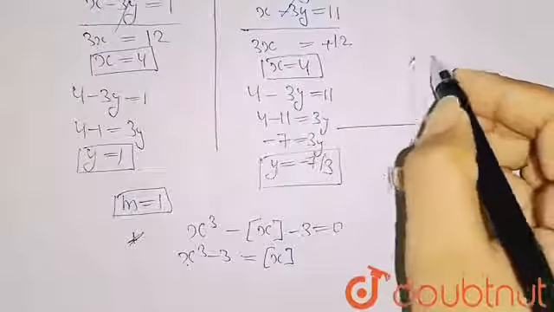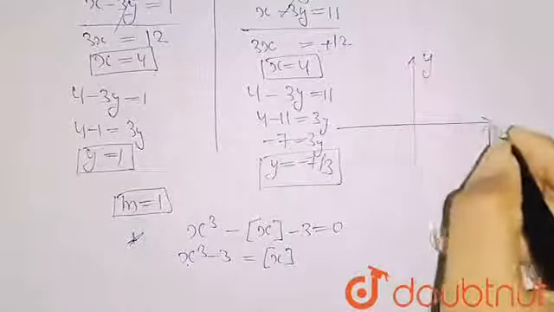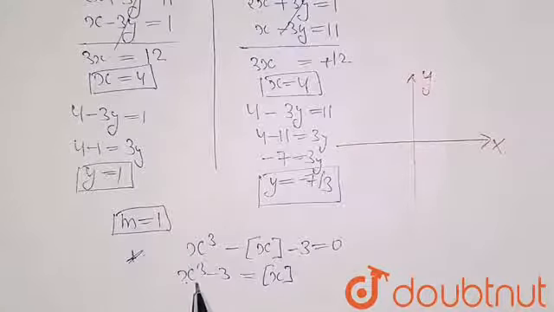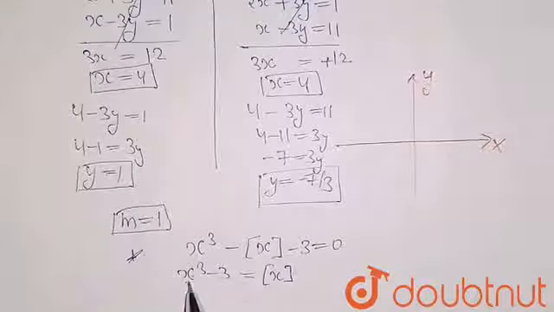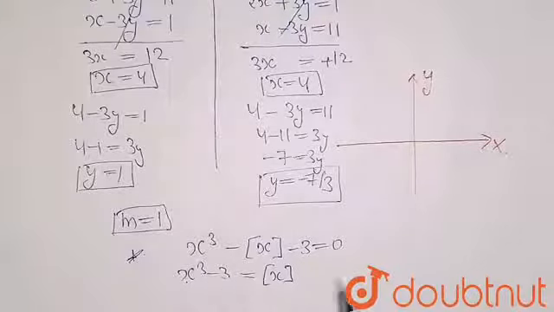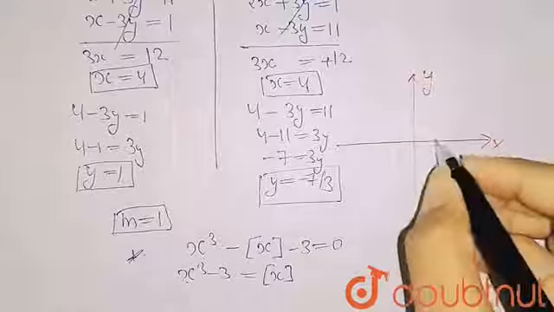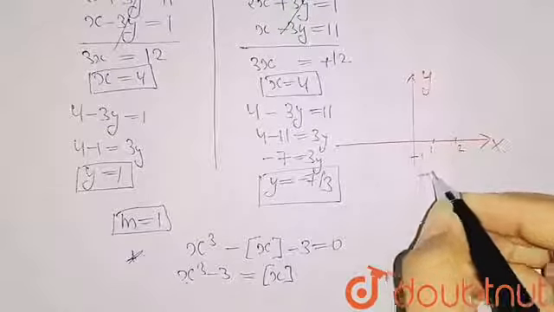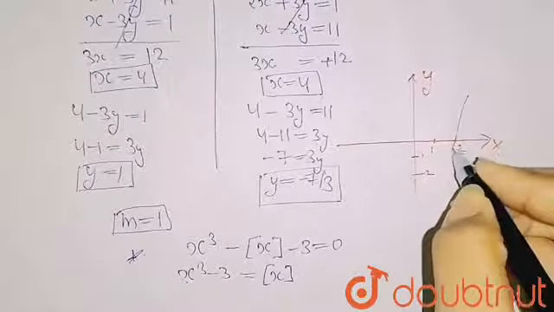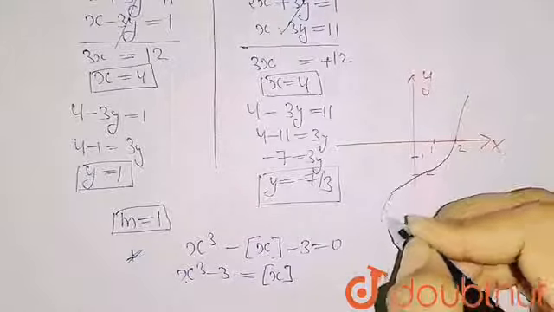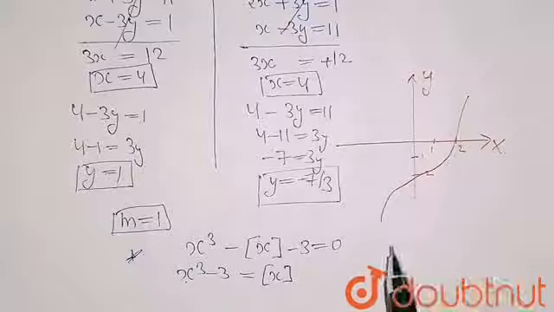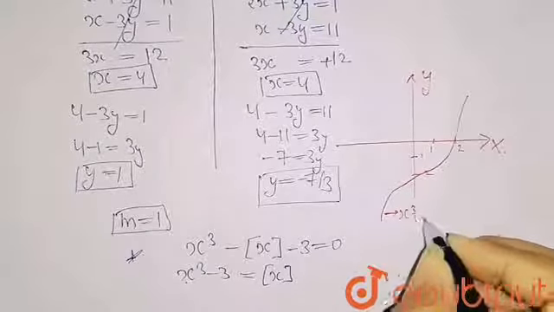Here what I am doing, I will plot on a graph so it will be easy to understand. So this is my y-axis and this is my x-axis. When you put 0 here, I will get the value minus 3. When you put 1, 1 minus 3 will be minus 2. So overall its values will be formed like this. Here it is 1, here it is 2, minus 1, minus 2. It will be going something like this, crossing this value, going like this. When you put minus 1 here, minus 1 and minus 3 will be minus 4. So its graph will be forming like this. Here I will write it is of x cube minus 3.